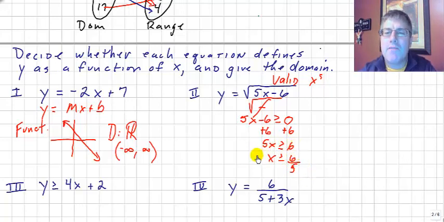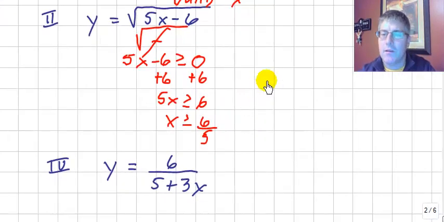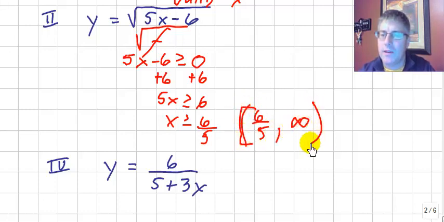So my valid x's here, my domain, is any x that's greater than 6/5. Okay, so my domain, I can include 6/5 all the way to infinity, or all real numbers greater than or equal to